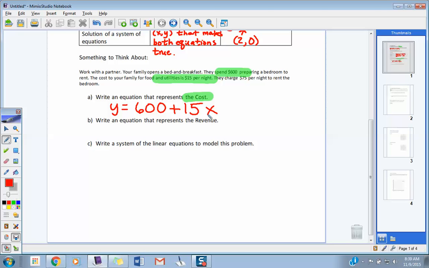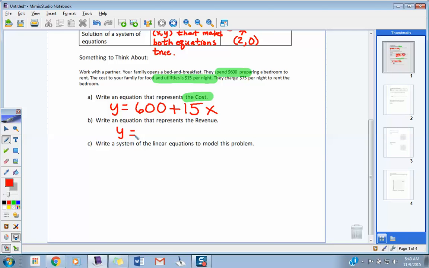Did it cost us some money to start at first? But if I'm a business owner, over time, we should be bringing more money in than we are putting out, right? According to this at our bed and breakfast, how much are we going to charge per night to make money, guys? $75 per night. So an equation to represent my revenue would be Y equals,